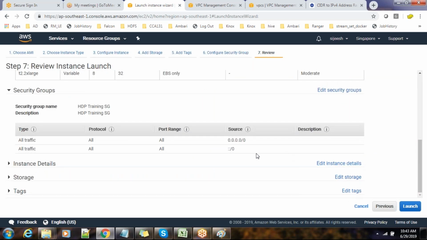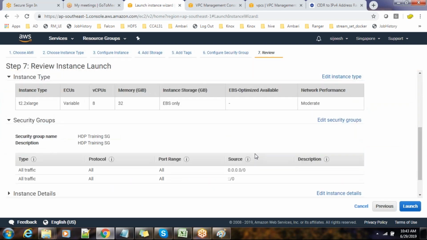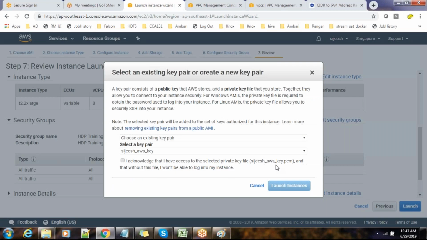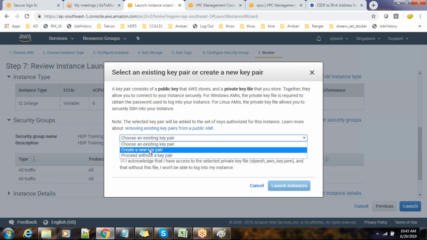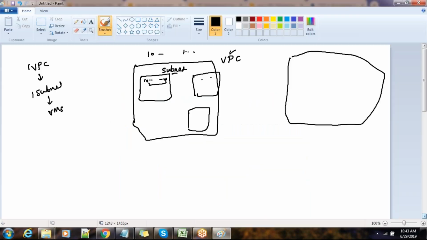This is the final page where you can review the configurations you have chosen. Just launch. Here it's asking us for a key pair. Key pair is for the Linux VMs. You might have heard of the public-private key pair.